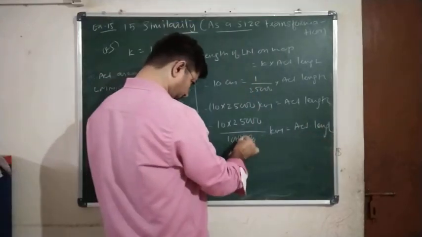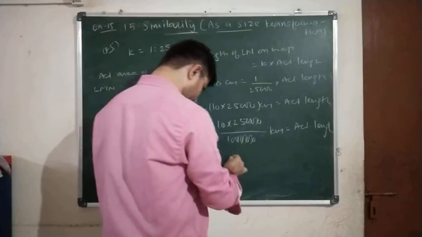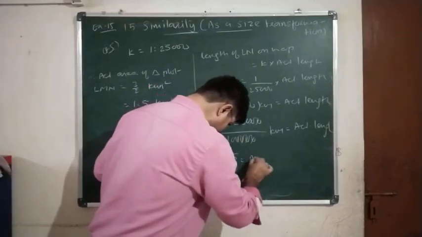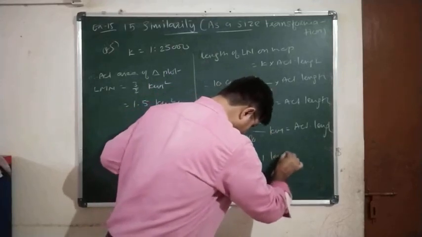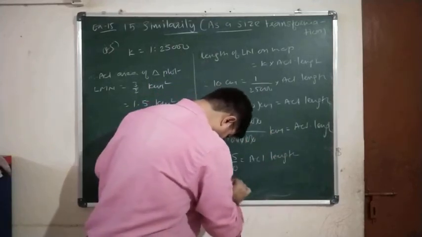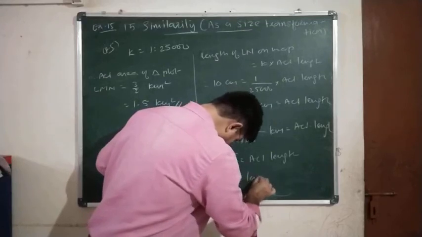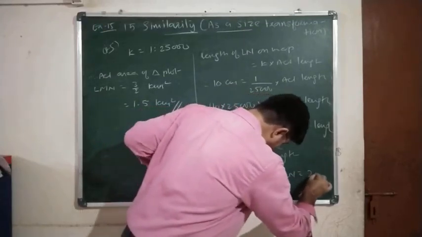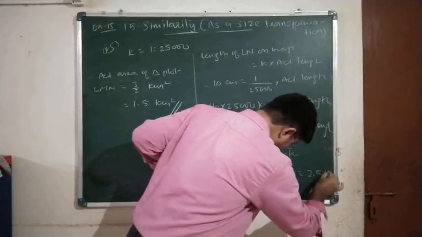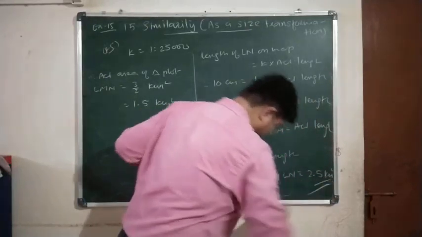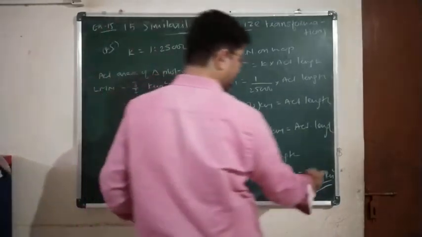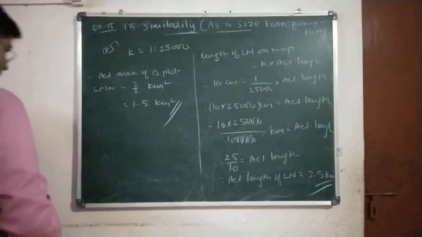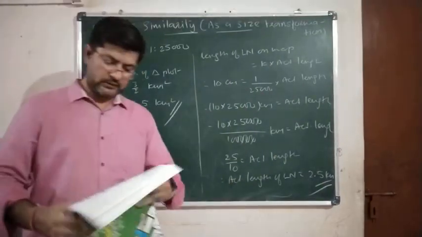So cancelling the zeros, 25 by 10 is equal to the actual length, and therefore the actual length of LN is equal to 2.5 kilometers. Okay, so this is the answer. So with this we have